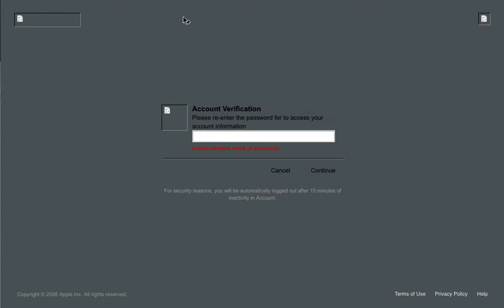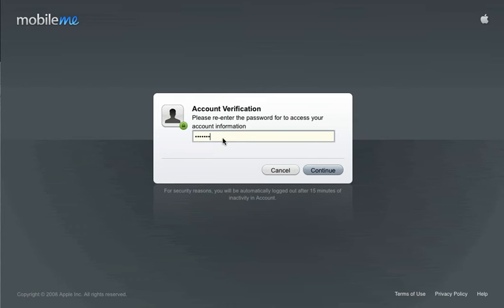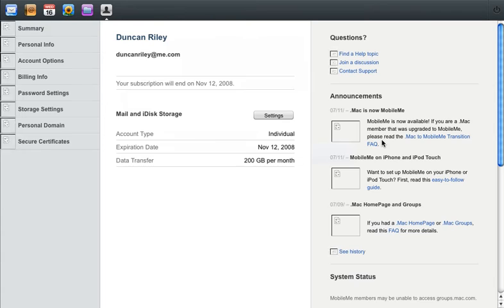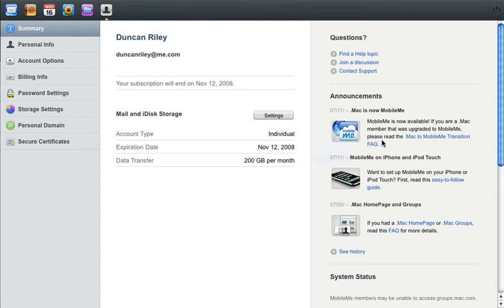Going into accounts. As you see, the whole thing's certainly visually quite appealing. This will eventually load. Okay, so here's the details here. You can see the data transfer, 200 gig a month. You can obviously set it up. I mean,